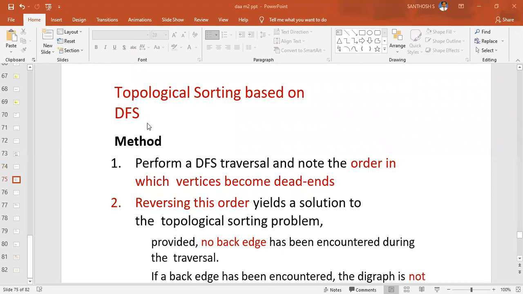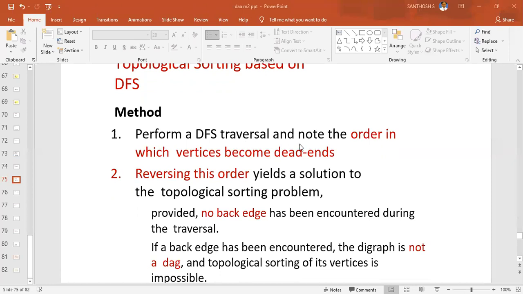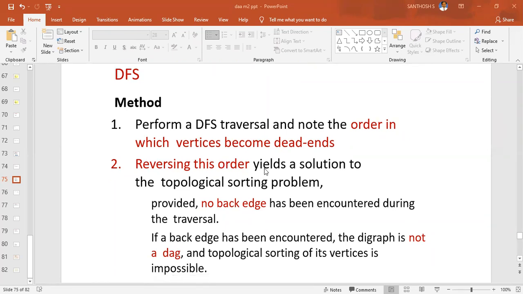Now we are discussing the DFS, depth first search, method. In this method, perform the DFS traversal and note the order in which vertices become dead ends. Reversing this order yields a solution to the problem, provided no back edge has been encountered during the traversal.